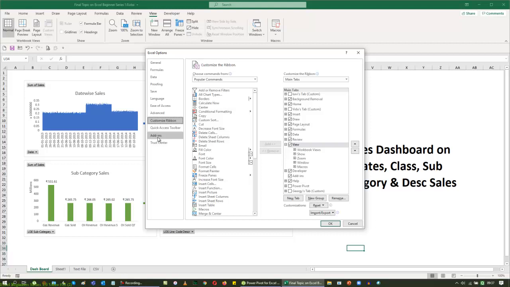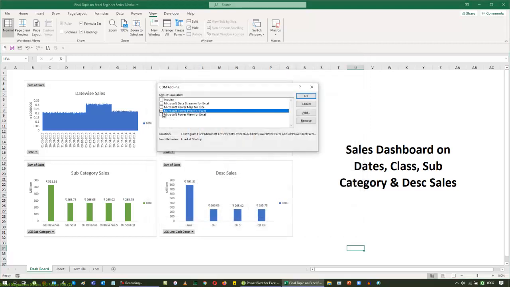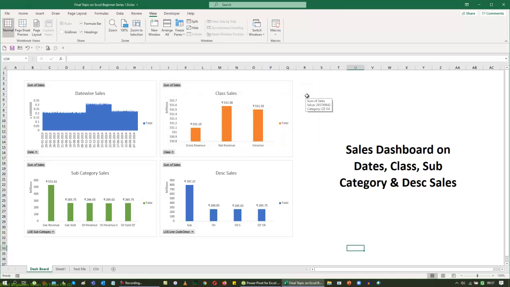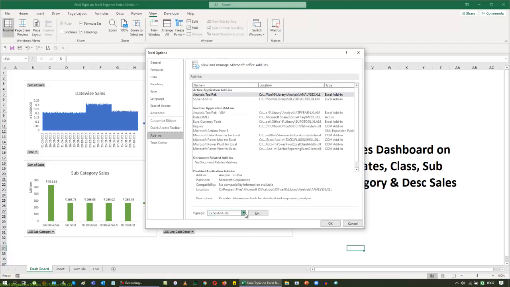When I go to add-ins, normally when an add-in comes into play, we can add it as an Excel add-in, but I'm going to use this as a COM add-in. When I go down, you can see that I've checked it here. So that's why it shows in my list here. When I uncheck it, when I go back to my customized ribbon, you won't even see the Power Pivot option available. If you want to get the Power Pivot option in the main tab, you have to come back to your add-ins, go back to the COM add-ins.